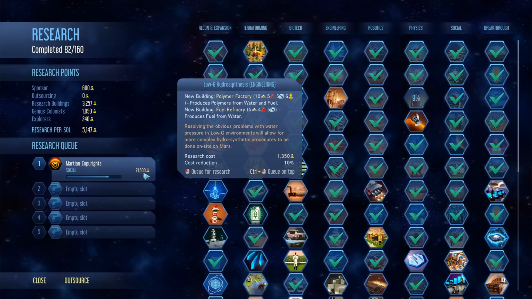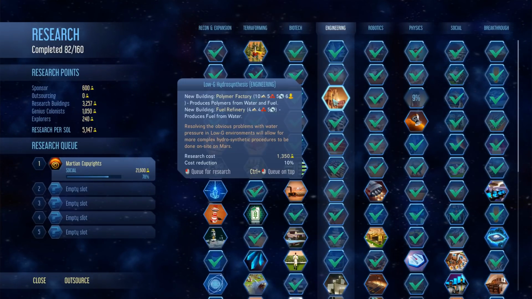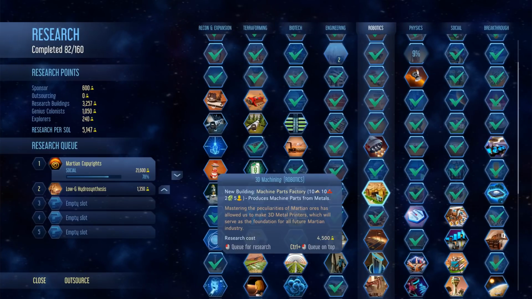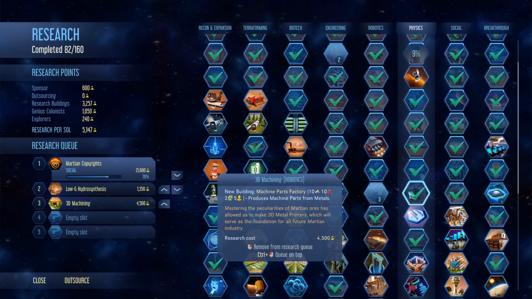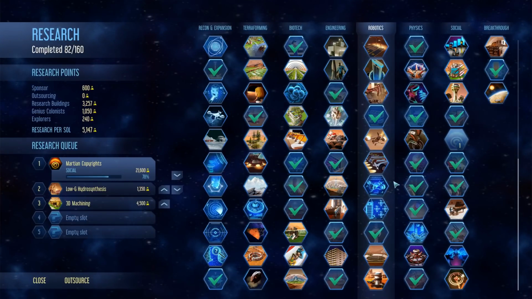So yeah, I've got a Martian copyrights going on at the moment. I'm going to let that happen, and then I'm going to do low G hydrosynthesis. I'm going to do a 3D machining. This gets me the polymer factory and the fuel refinery. This one will give me the machine parts factory, and then if we go down here, somewhere down here, there's